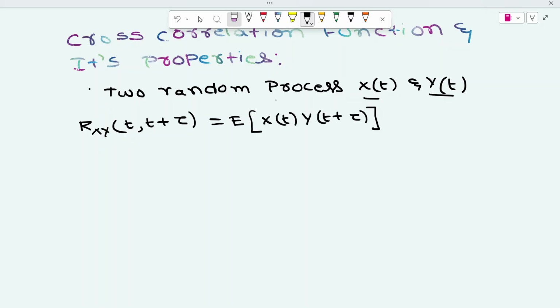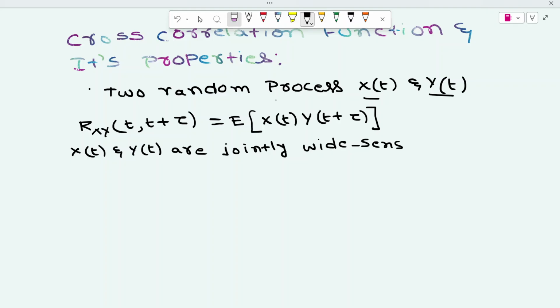So here also, if x of t and y of t are jointly wide sense stationary, then the cross correlation